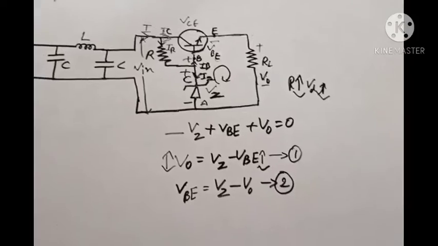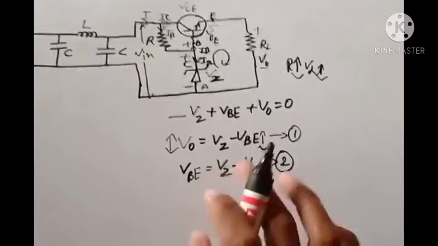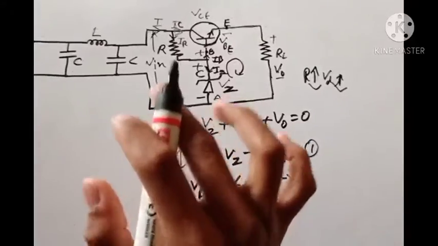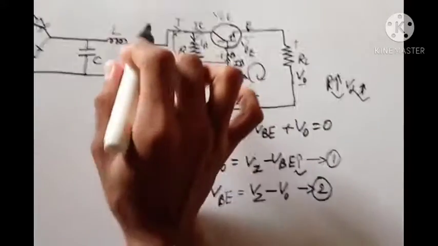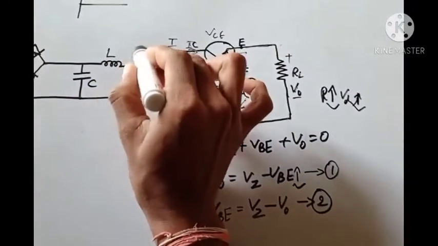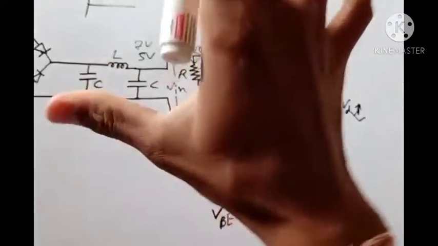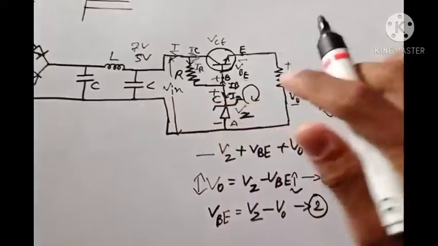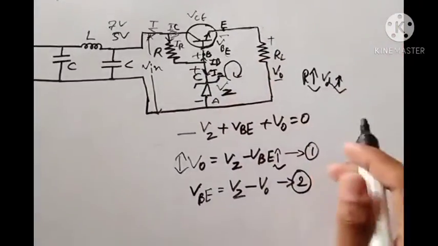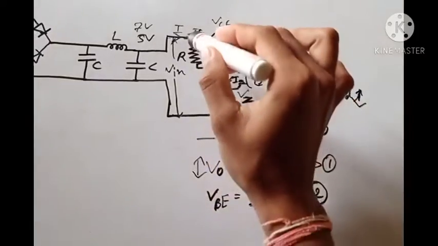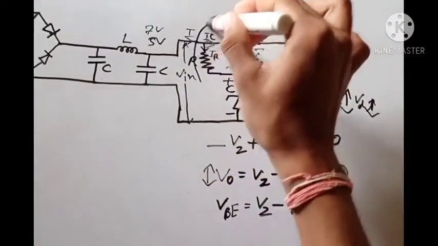Now let us understand case 1. So what is case 1? Case 1 is nothing but the input voltage rises. For example, let us take an input voltage of 5 volts raised to 7 volts. To understand this, we need to write another equation. We need to find another KVL equation.